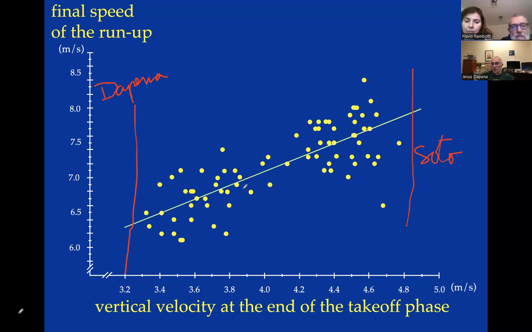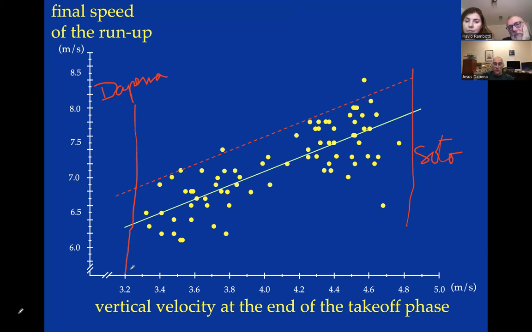You see that there's an upward tendency. You see this is the regression line here, and it's what you would expect. The stronger high jumpers tend to use faster run-ups. In talk number one, we're still at the end of talk number one, I explained how we could find out approximately what is the optimum speed of the run-up for each one of these high jumpers, and it's indicated by this red line here. The red line is the optimum.